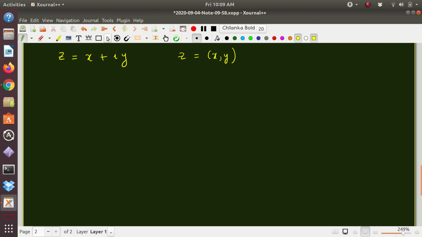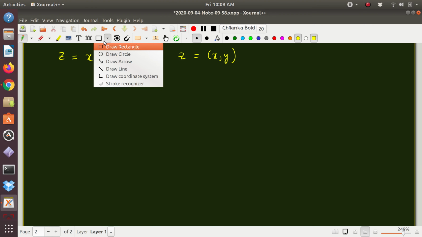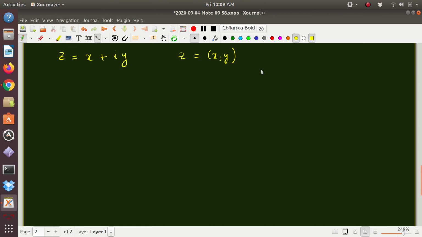So you can imagine writing this in terms of, let me just draw a coordinate system, where on the x-axis, or the abscissa, you plot the real part of z, and on the ordinate you plot the imaginary part of z. So you can denote any point x, y